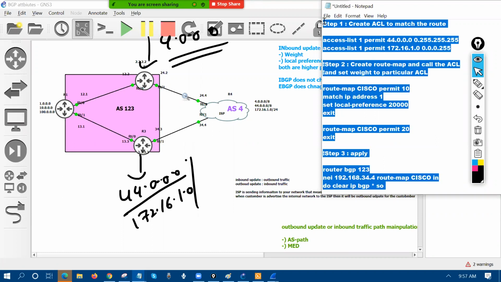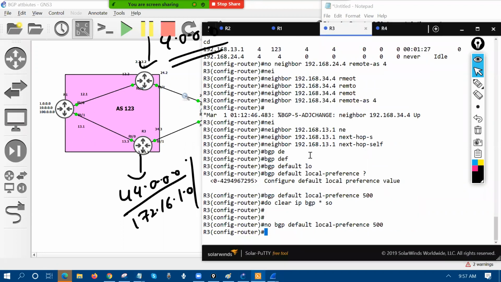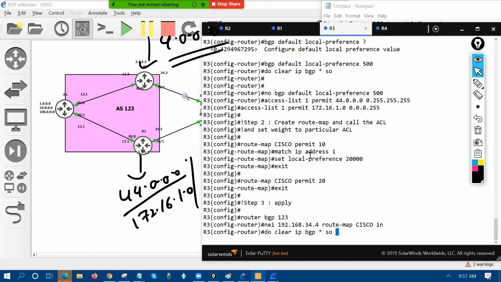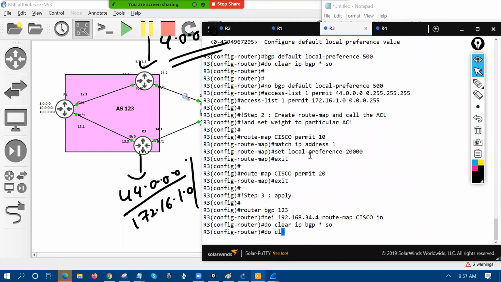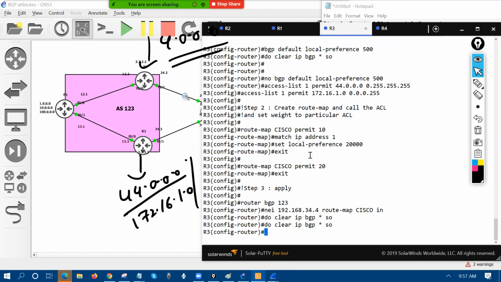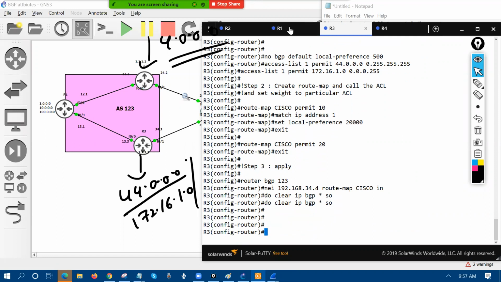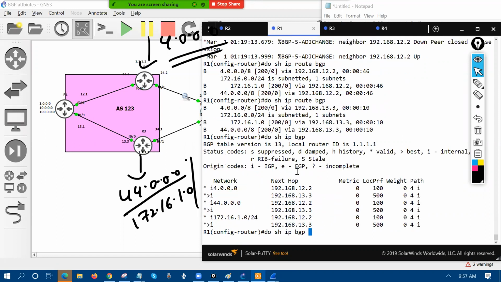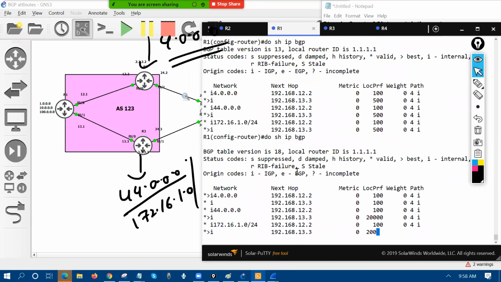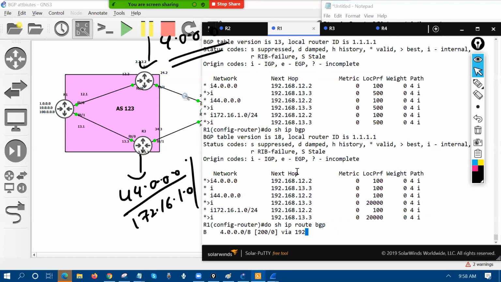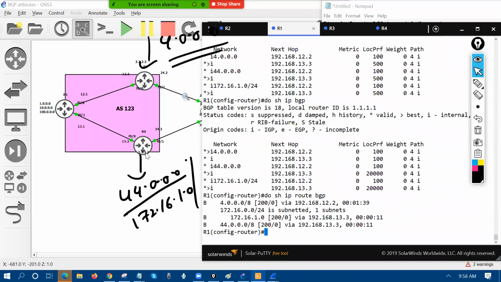Now let's copy this. I just need to go on router number 3 and hit enter. Now can we have a look on R1, do show ip bgp and show ip route bgp. What happened? For this particular 4.0.0,